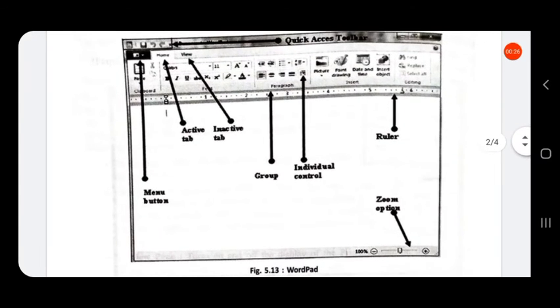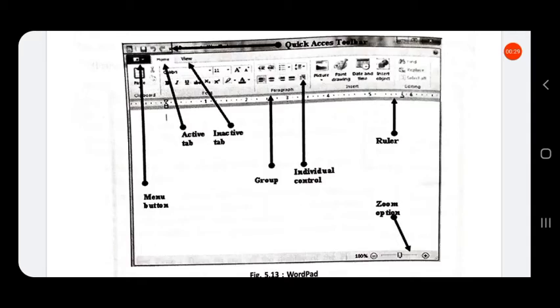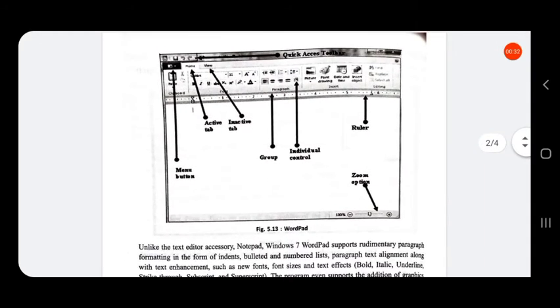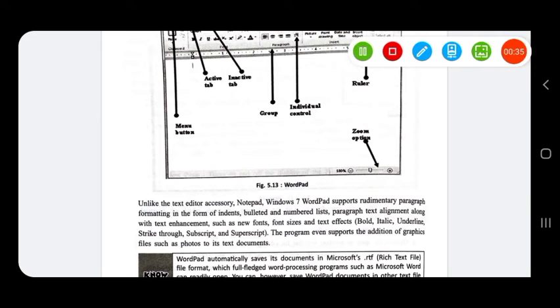So this is the WordPad window. Unlike the text editor accessory Notepad, Windows 7 WordPad supports rudimentary paragraph formatting in the form of indents, bullets, and numbered list, paragraph text alignment, along with text enhancement such as new fonts, font sizes, and text effects such as bold, italic, underline, strike through, subscript, superscript.